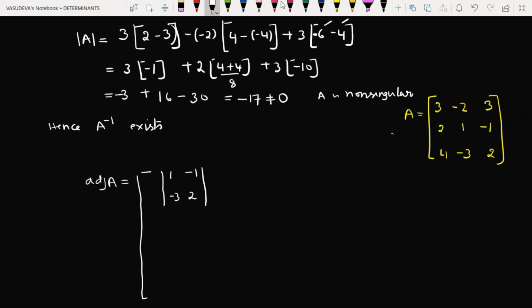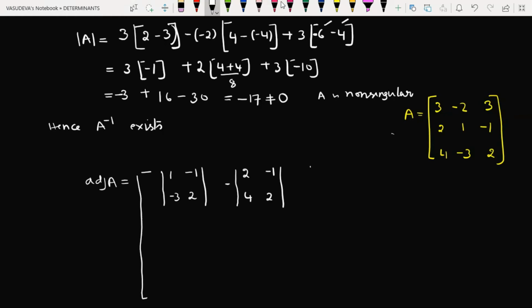This is the cofactor of the element 3. So plus, and taking minus sign, the determinant of, it is the cofactor of minus 2. Therefore, by eliminating the first row and the second column, we get the elements 2, minus 1, 4, 2,